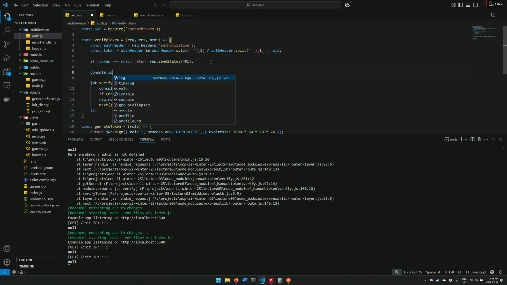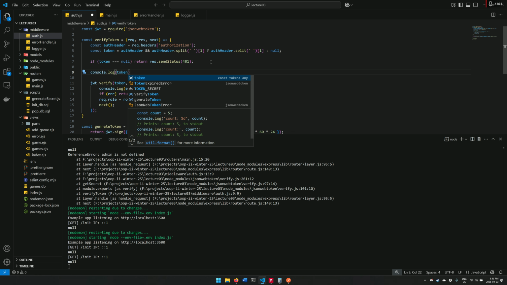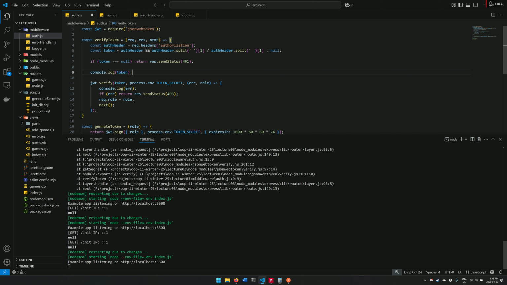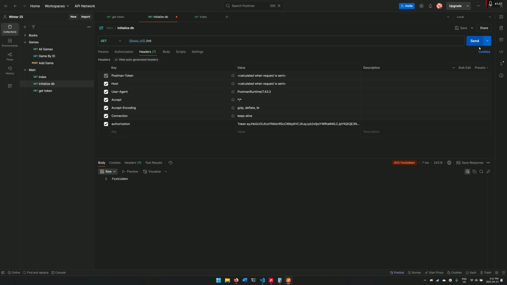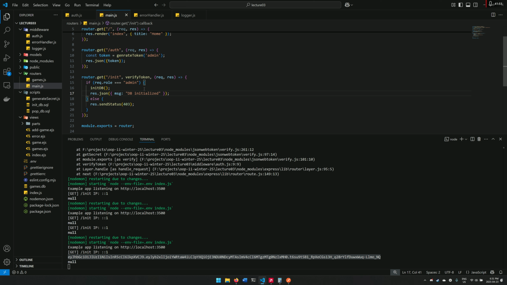Log token. Very quickly, let's just do this. So we are getting back the correct token over here. That's good. Token is coming here, but for some reason, now what happens if I go over here and I try to get